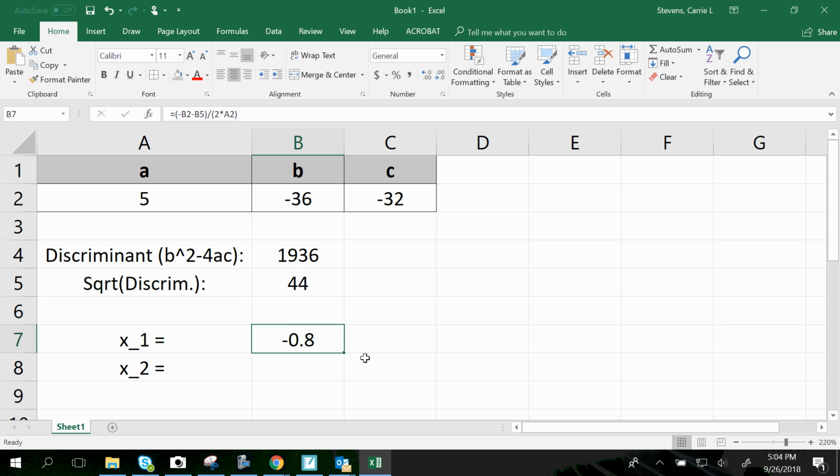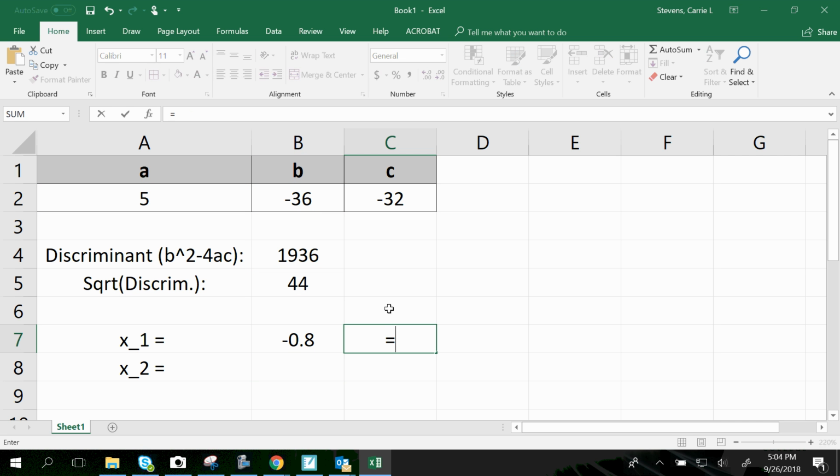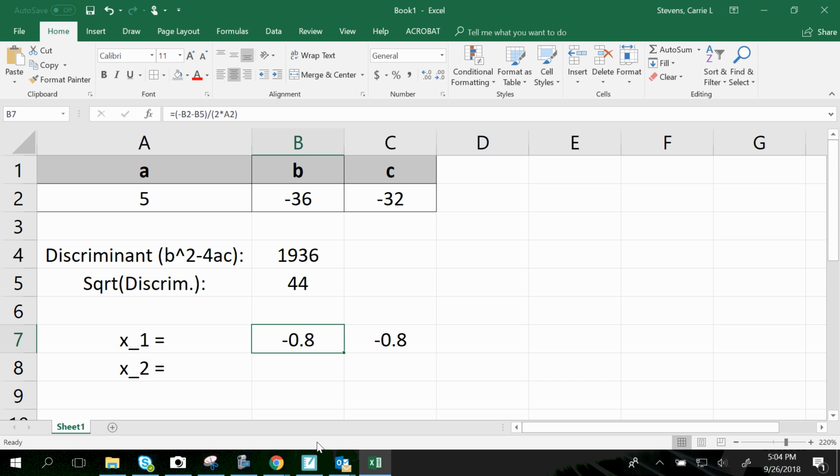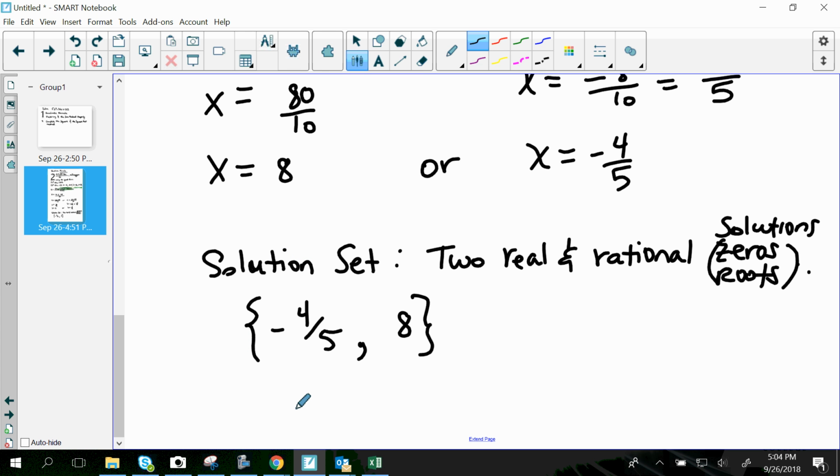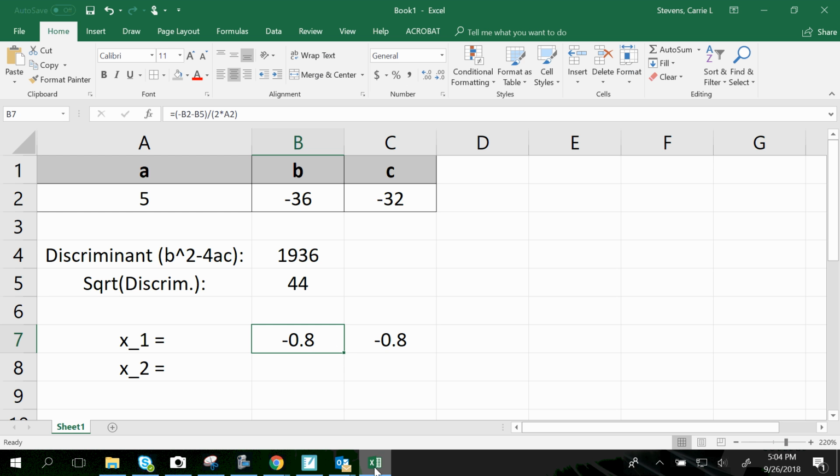And notice that I got negative 0.8, and notice that negative 4 divided by 5 is negative 0.8. So this actually is negative 4 over 5, which is what we got as one of our solutions already. Okay, so this is equivalent to negative 0.8. Okay. Right, back to this. The second solution